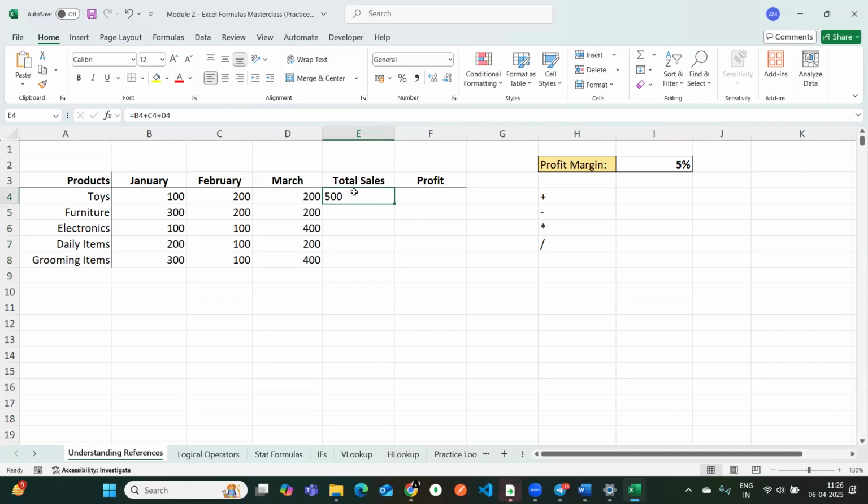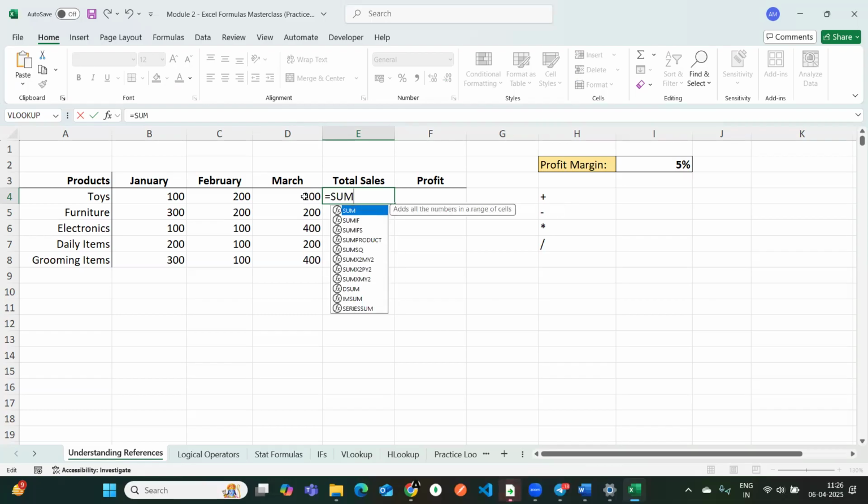Right? And one more interesting thing about Excel is, if you want to find out the sum, you can do equal to B4 plus C4 plus D4. Either you can do it like this, or you have a sum function here. If you want to use this sum function, before the sum you have to give equal to, and then sum. After you've written this,